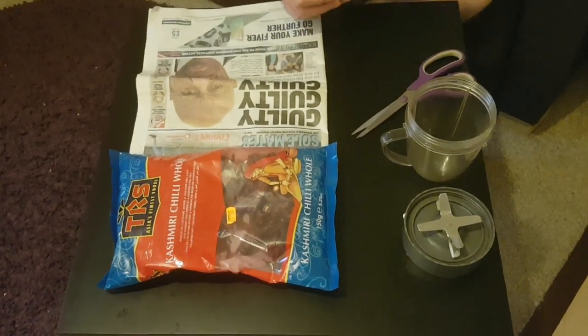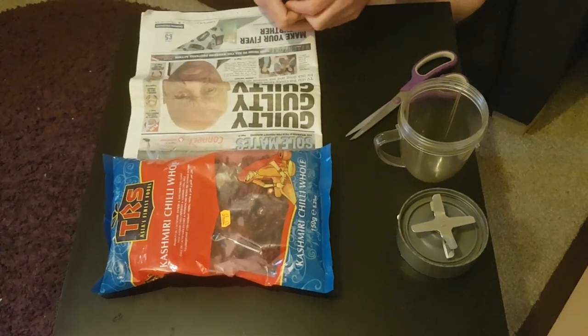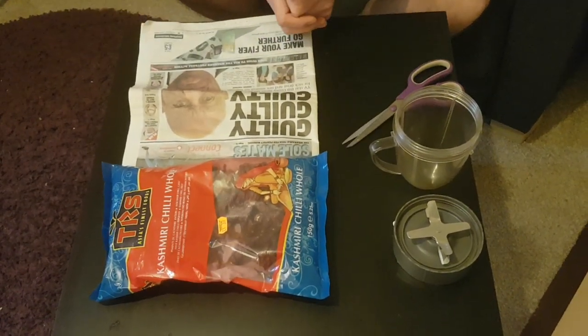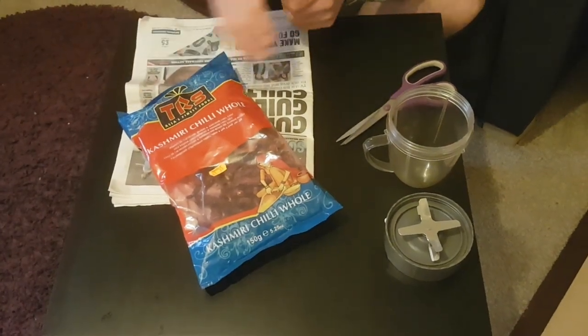I haven't done this for a while, living in Asia for years. I'd always go to shops and sometimes I'd just be fascinated by the quality of some chilies. It escapes my mind what variety they are, but I know this is going to hit home. Everybody's into Kashmiri chili powder, aren't they? So these are whole